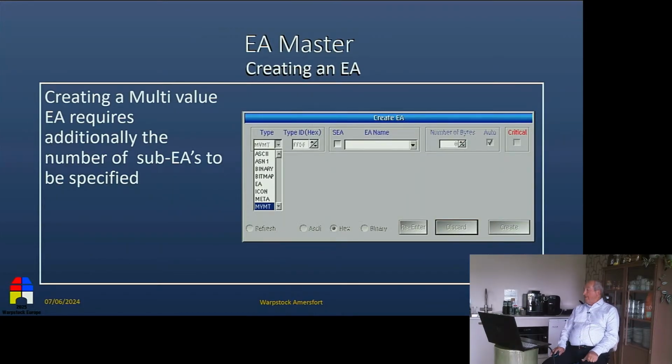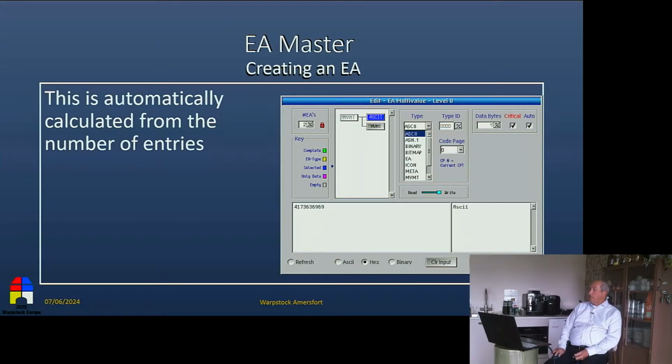Creating a multi-value EA requires additional information. Because first of all, you've got to say how many sub-EAs there are in that EA. There are two multi-value EAs. One is MVMT, and the other one is MVMS, I think it is.